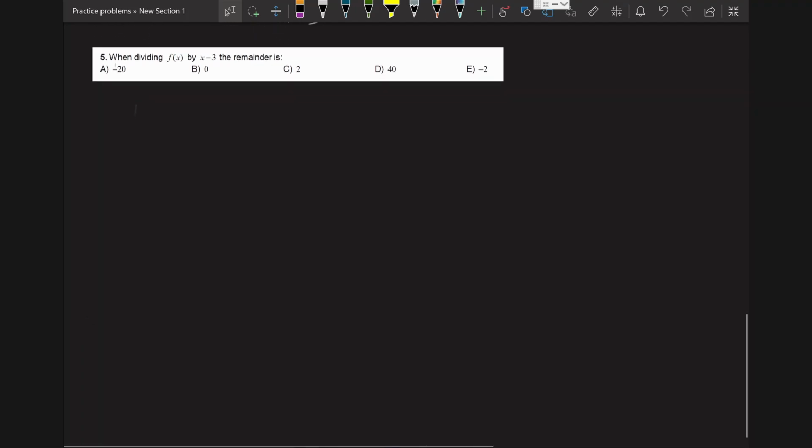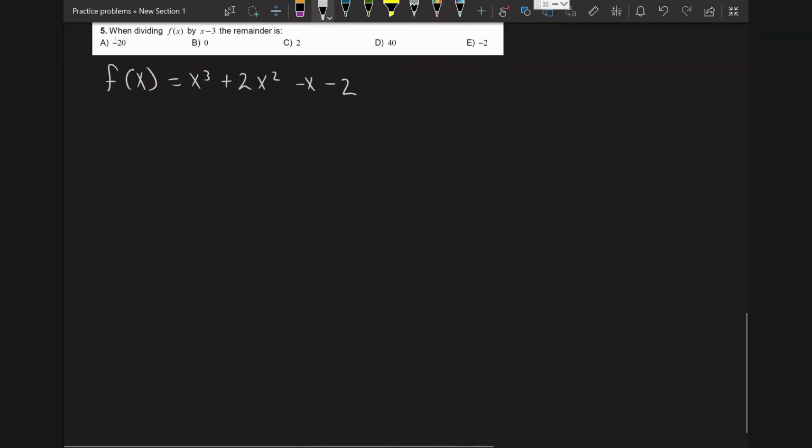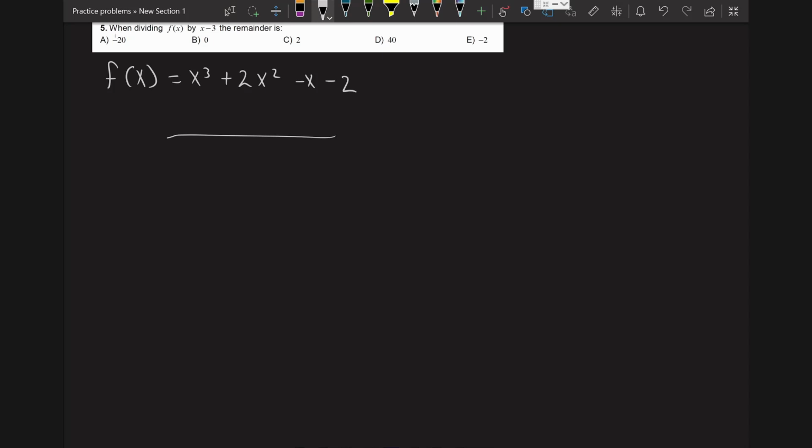So I'm going to write the function again, x cubed plus 2x squared minus x minus 2, and we're dividing by x minus 3, so we're going to set up our polynomial division. We divide by the first term, so x cubed divided by x is x squared,